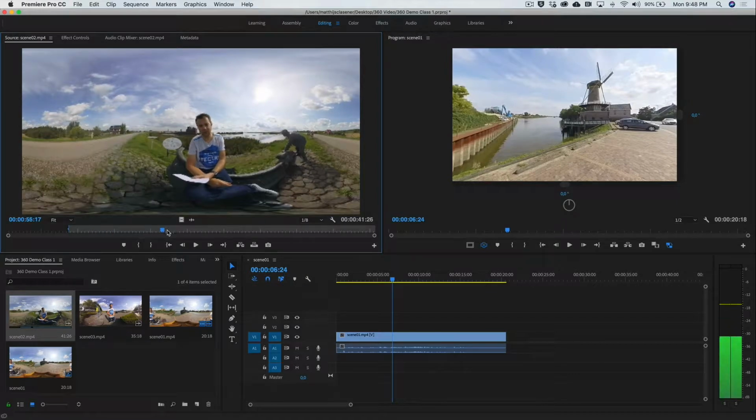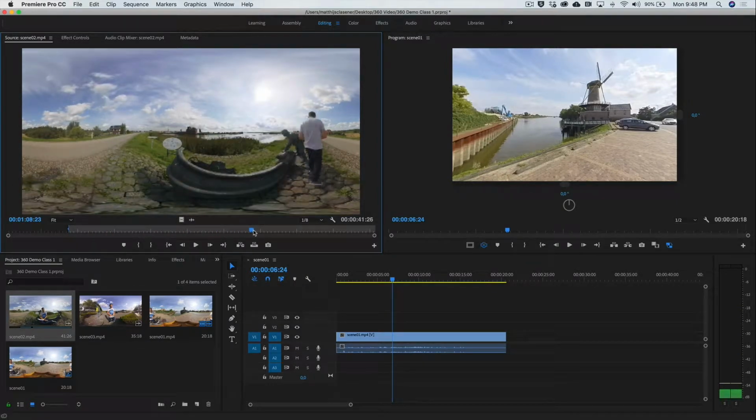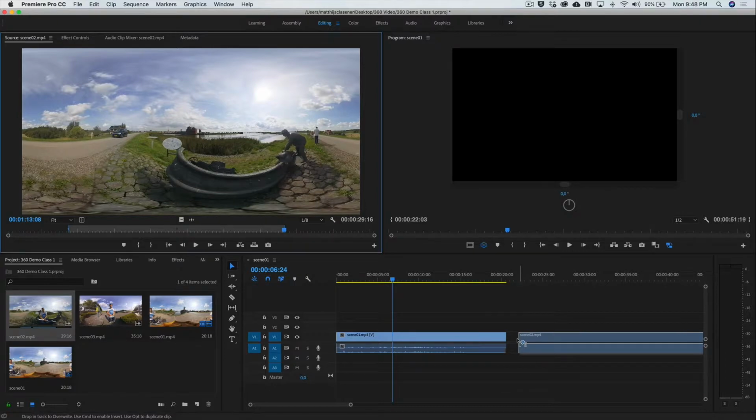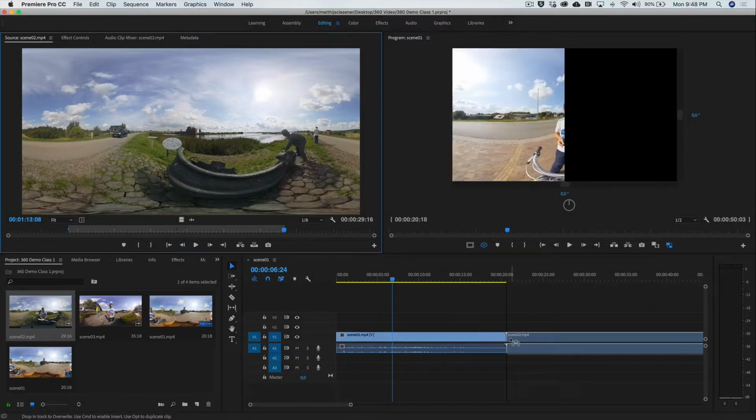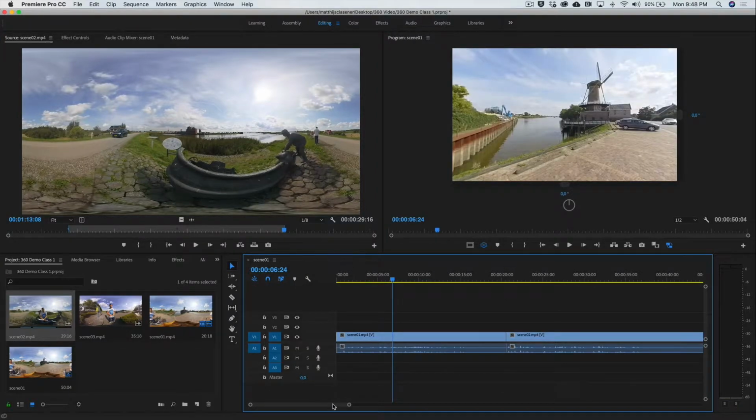So at the end of my line, I want to give the viewer a little bit of time to look around and for me to walk away. So this is going to be my endpoint just before the sound of the car comes by, and drag and drop it behind clip number 1, snap it to the end. There we go. And this is my second clip,